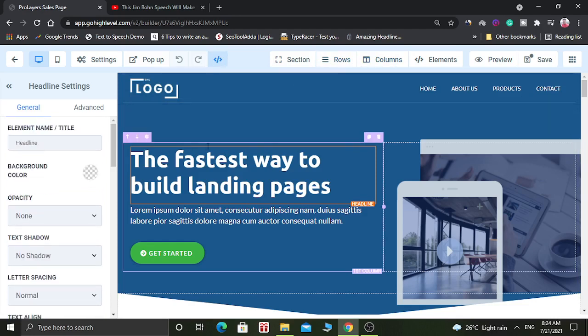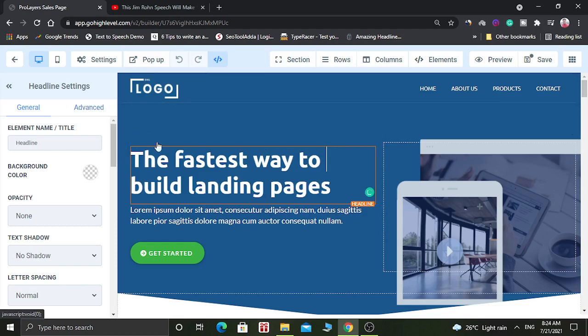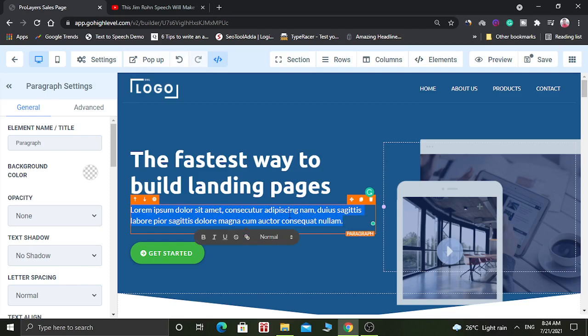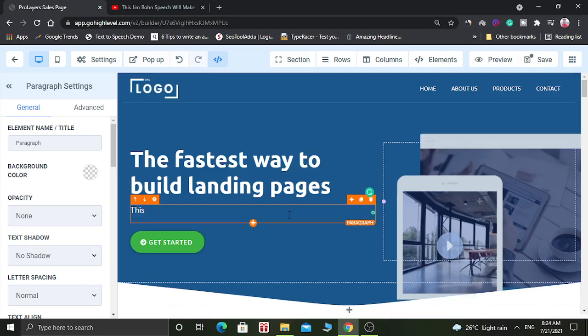So in this funnel you can change anything. For example, if you want to edit this text, you can add, this is a test funnel.